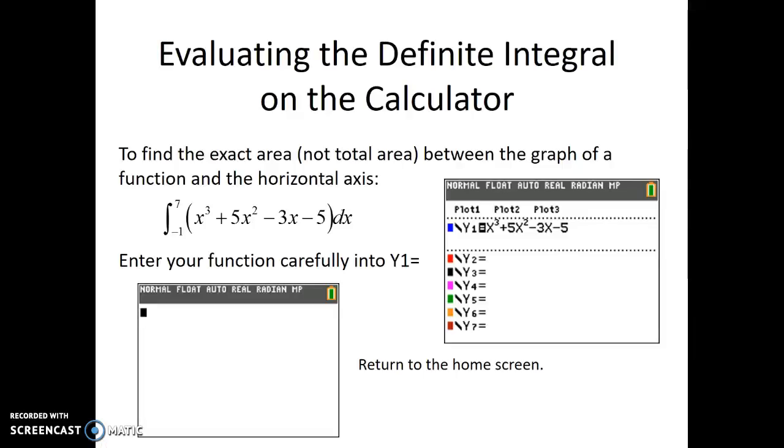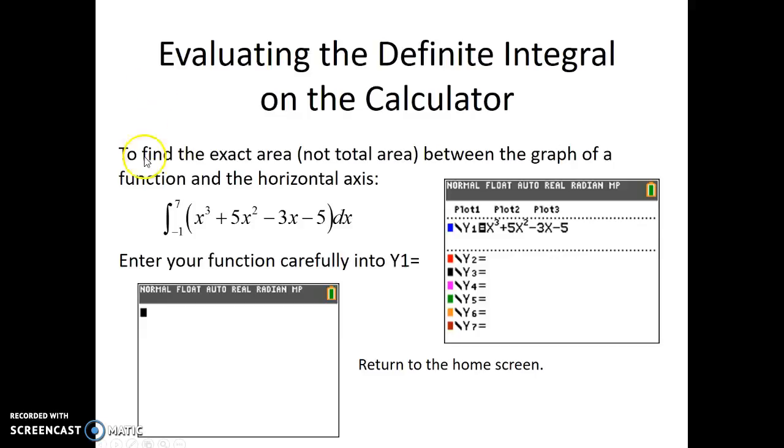We're going to talk about using your calculator to evaluate the definite integral. So we can find the exact area, not total area. If you wanted total area, you'd have to put absolute value. This is going to find the exact area. It counts negative and takes it away from positive area, clearly between the graph of the function and its horizontal